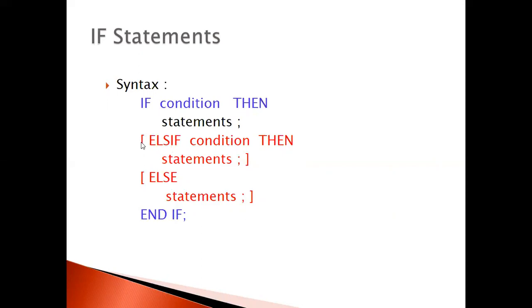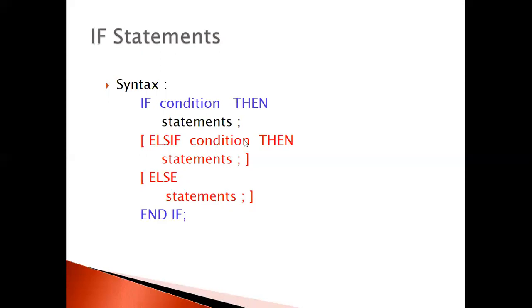Then you can have, like here if you observe, we have square brackets, nothing but they are not mandatory. Whatever is highlighted in blue color is mandatory if you want to work with the if condition logic. Whatever is mentioned in blue color is mandatory, and the remaining things are optional. Even the black statement is mandatory. If condition requires at least one statement.